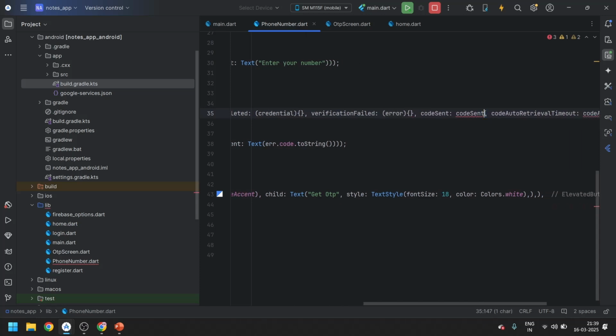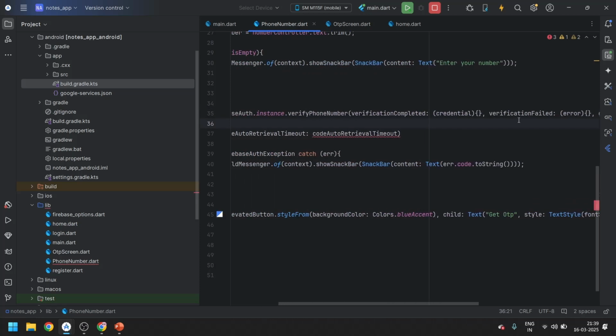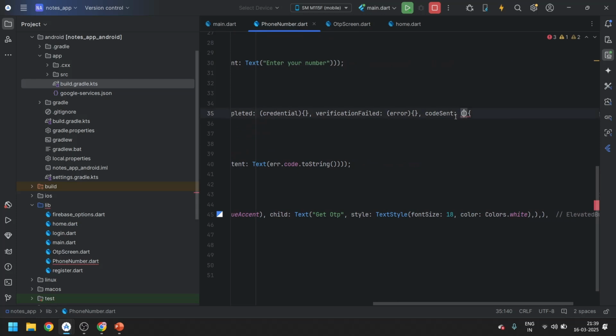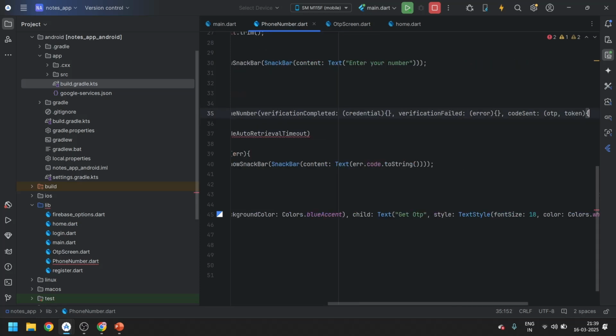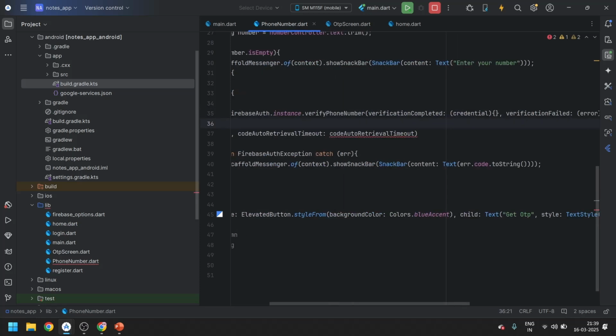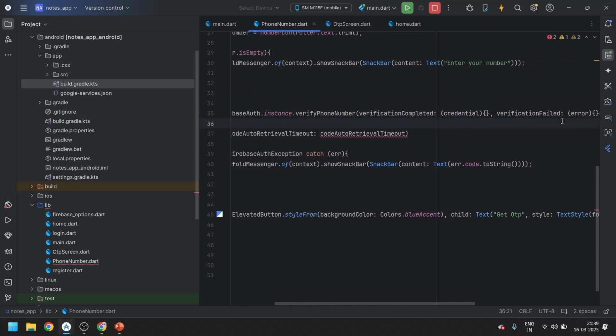Then in the code sent, let's just skip two things. And in the code sent, we will write OTP token. We will get two things. So what is the OTP? We will get the OTP from the code sent section.